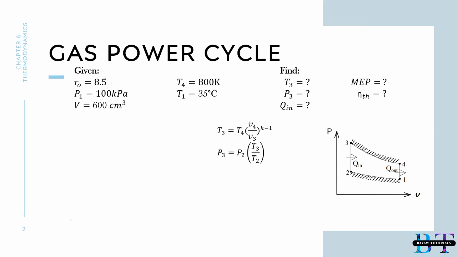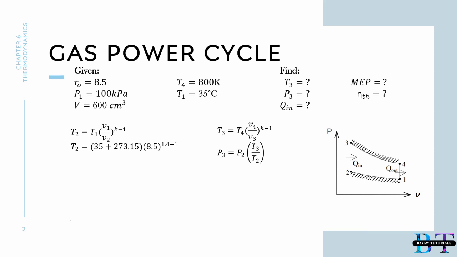Now we can find our highest temperature and pressure using the equations seen in the presentation, but we're missing our values of T sub 2 and P sub 2. We can calculate that, starting off with our temperature at our second state using the equation T sub 1 multiplied by V sub 1 over V sub 2 raised to k minus 1. Now we know that V sub 1 over V sub 2 is equal to our compression ratio, which is 8.5. Now let's just integrate our values,